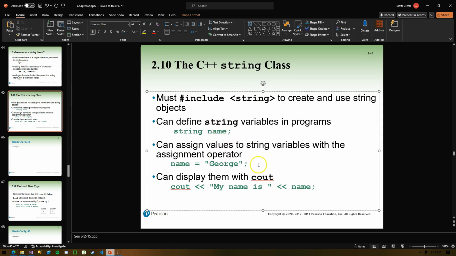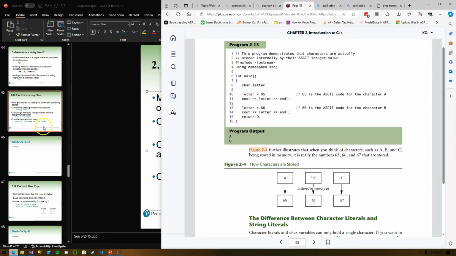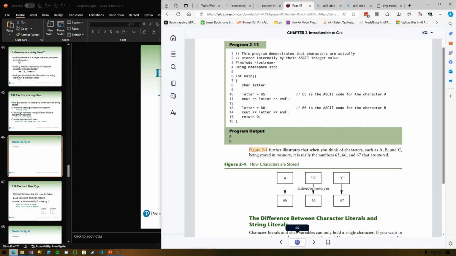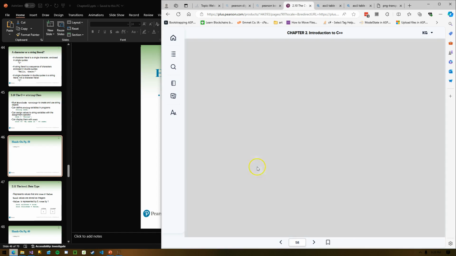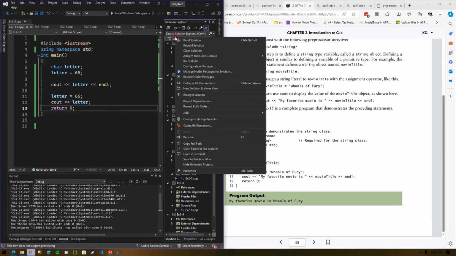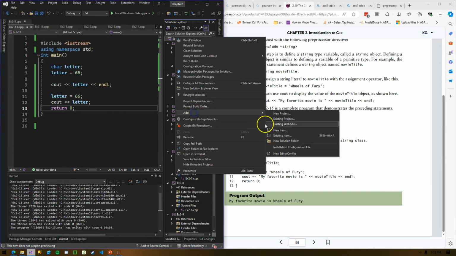We can assign values to string variables with the assignment operator and display them with cout like we are quite used to doing. Hands-on, page 58. And I want to do this one just to show you that additional include.